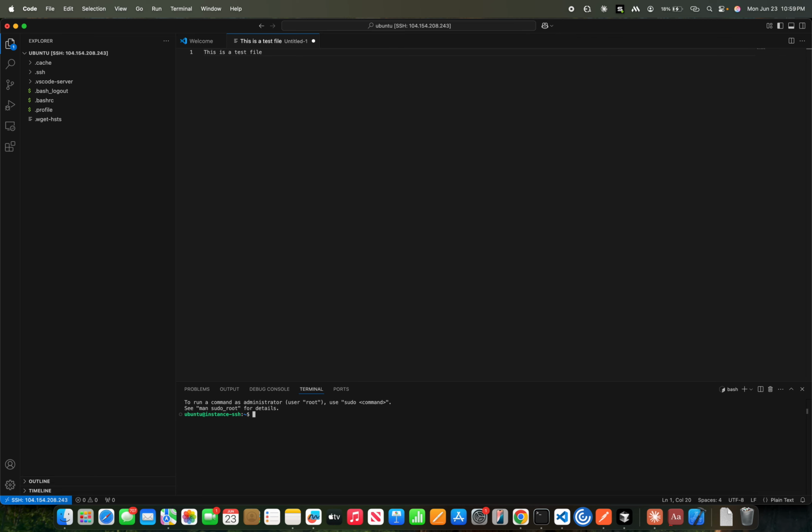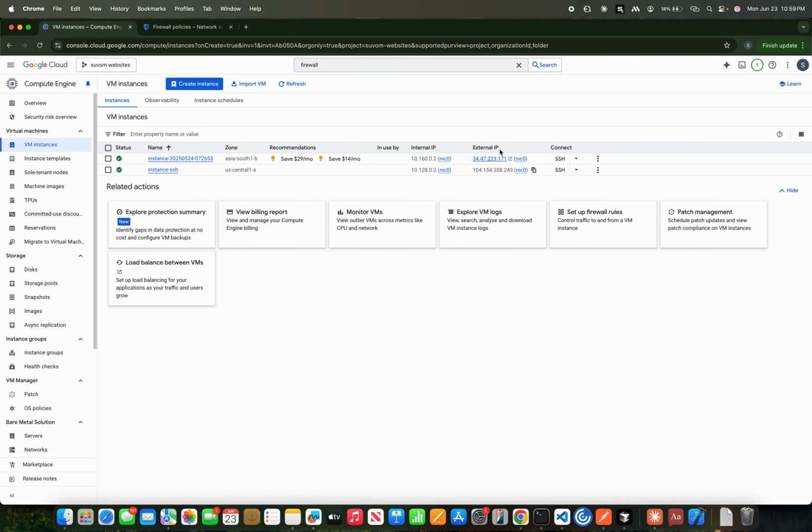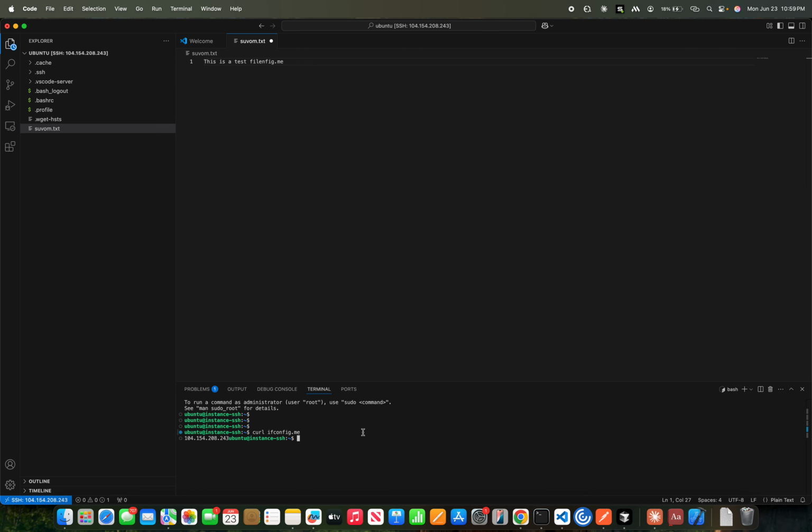Okay, here you can see if I do a curl ifconfig.me, it will fetch the public IP of the server, that is 104.154.208.243. That will be matching exactly with this. So this is very simple, and if you want to really check if it is really logged into that server,